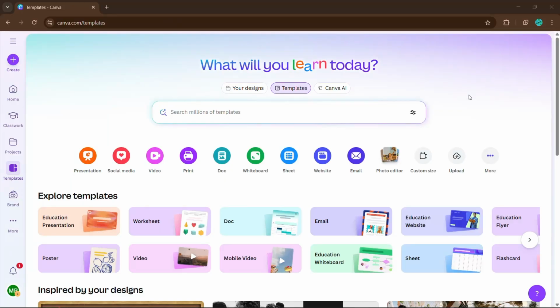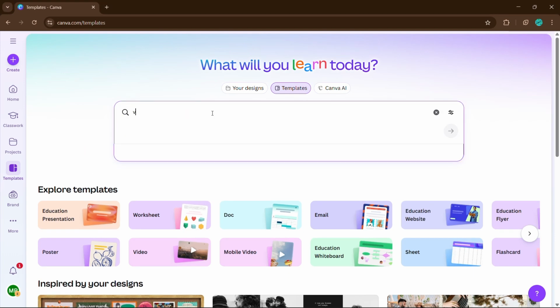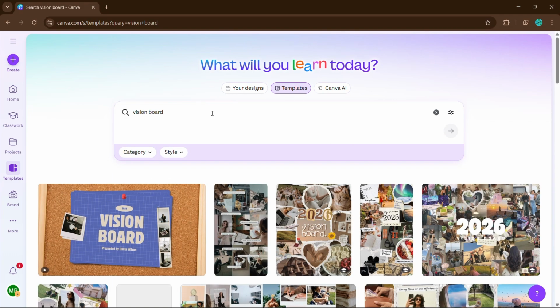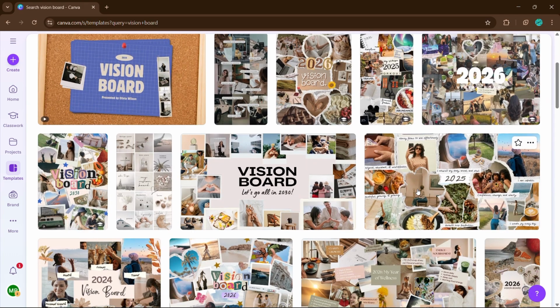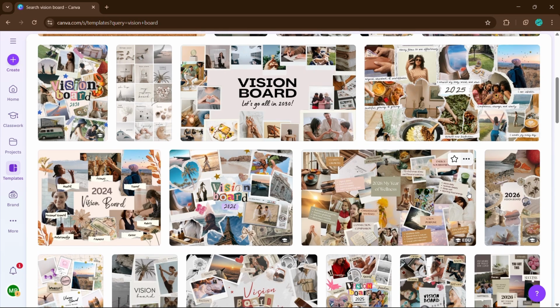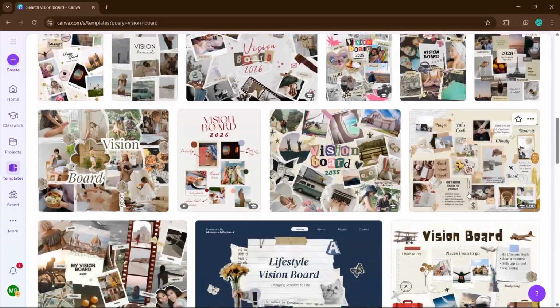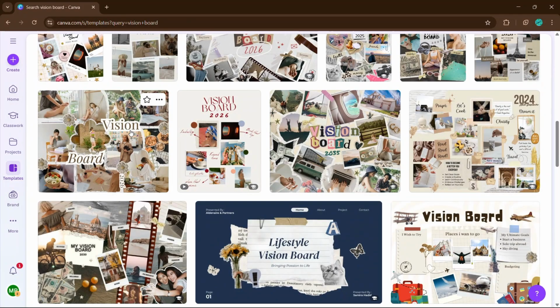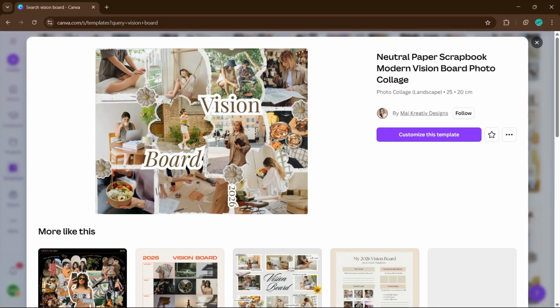First, head over to your Canva account and type Vision Board into the search bar. Canva will show you a variety of templates you can choose from. Look for one that matches the vibe or aesthetic you want to use. Once you find a template you like, click on it and select Customize this template to open it in the